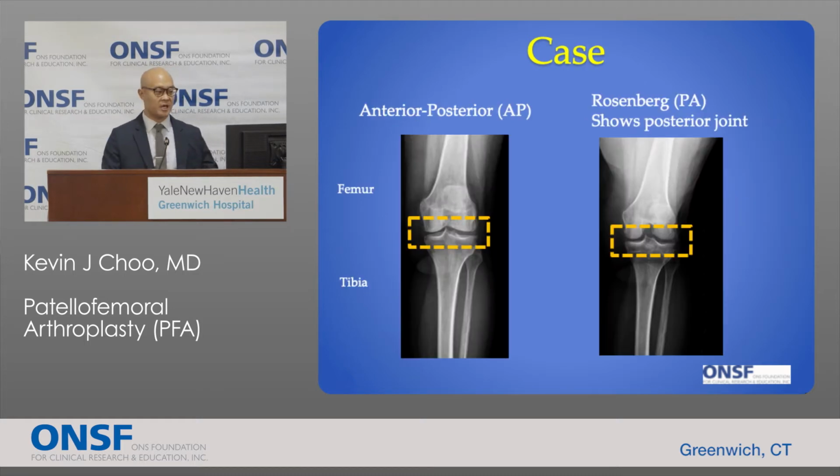So these are x-rays for our patient, and to orient you to the screen, these are both anterior to posterior, or AP or PA x-rays, and so they show us the joint between the tibia and the femur, so that's the tibiofemoral joint, as you'll see. And what we look at is, relatively speaking, the space between those two bones. So as you can see on the image to the left and to the right, on both of these views, there's still good empty space in between the tibia and femur. That space isn't empty, that's filled with normal, healthy cartilage. So looking at this x-ray, we would say that there does not appear to be significant arthritis, joint space narrowing